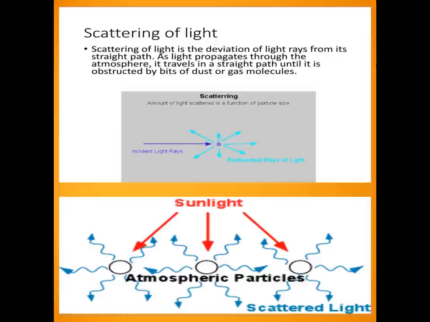Sunlight enters the Earth's atmosphere and the molecules refract the light. Now scattering happens, that is called scattering of light. In this phenomenon, the beam of light is redirected in all directions when it interacts with the particles of the medium. The interacting particle of the medium is called a scatterer. Scattering of light is the deviation of light rays from their straight path. As light propagates through the atmosphere, it travels in a straight path until it is obstructed by a dust or